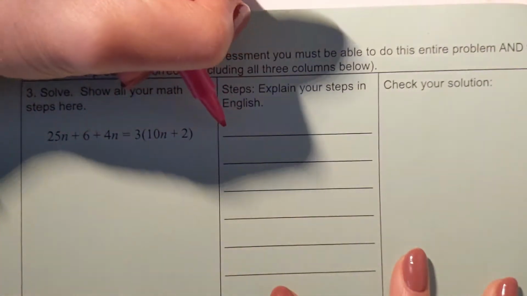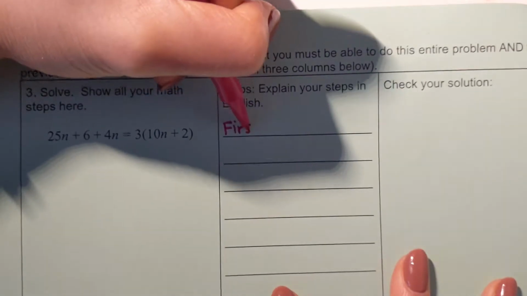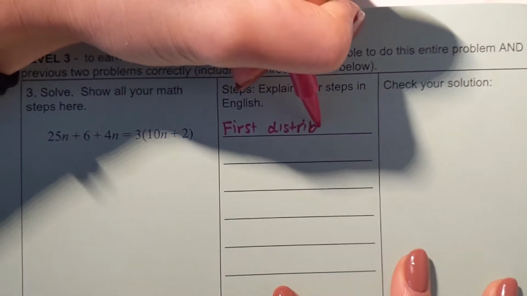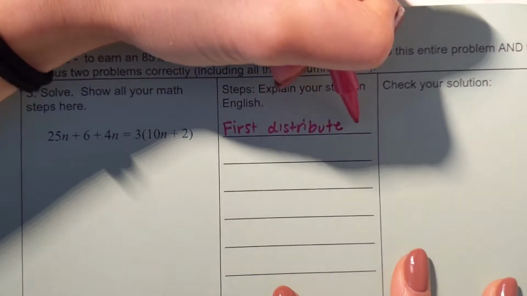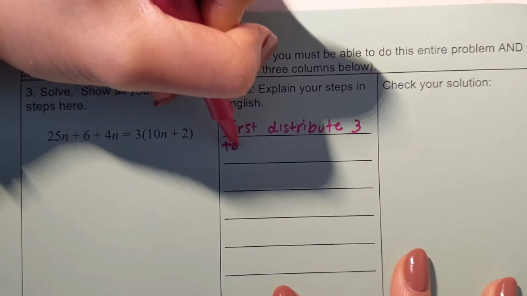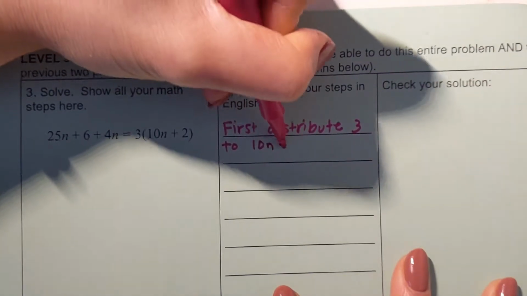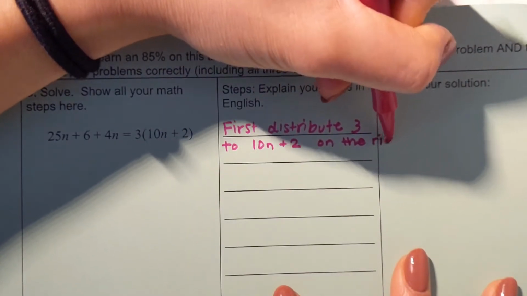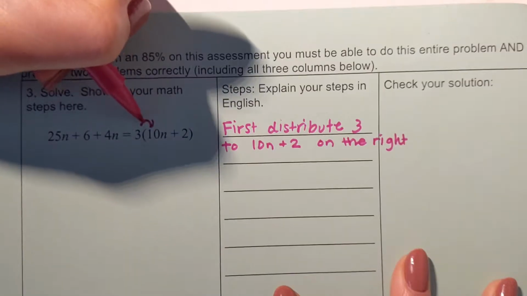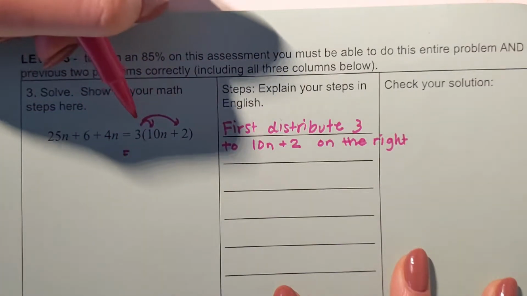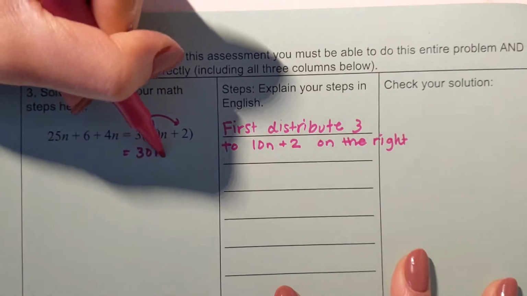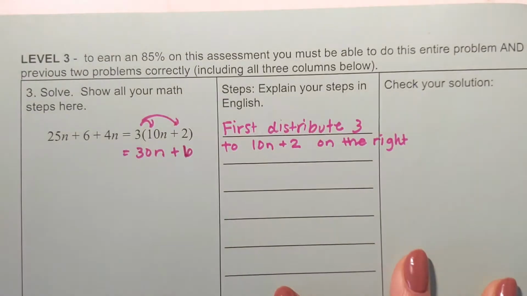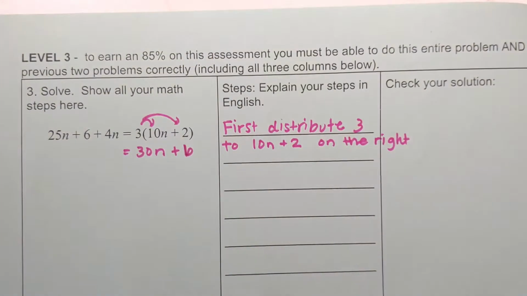So I'm going to first distribute 3 to 10n plus 2 on the right. And that's going to give me 30n plus 6. And while I do that,